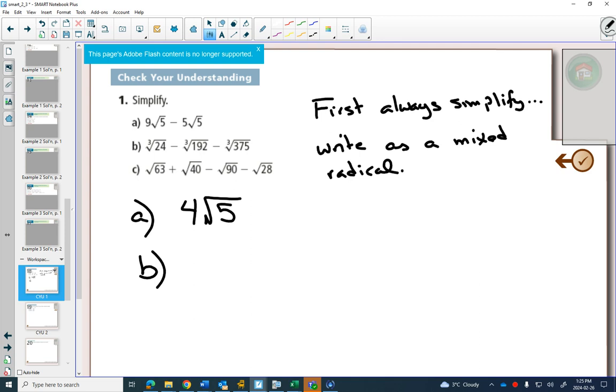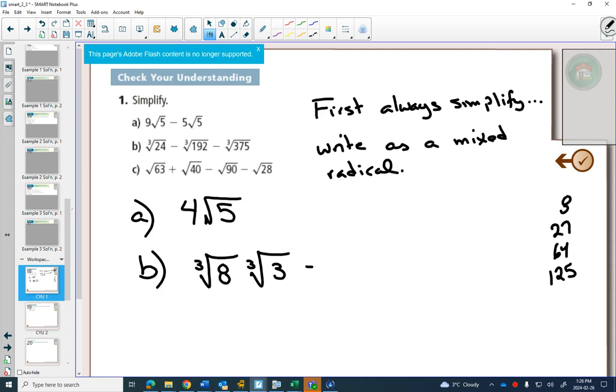Since they're cube roots, remember that powers chart that we made? You'd go to your cubes, and you would notice that 2 cubed is 8, 3 cubed is 27, 4 cubed is 64, 5 cubed is 125. That's from my column of my powers of 3. Those numbers are important because I have to check, does 24 divide by one of those? I know 24 is 6 times 4, but that's not in my cubes powers chart. 24, though, is 8 times 3. So I can break up 24 to be the cube root of 8 times the cube root of 3, minus